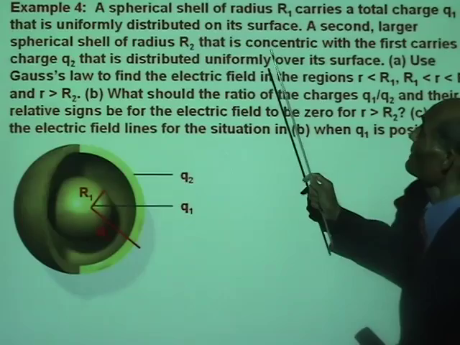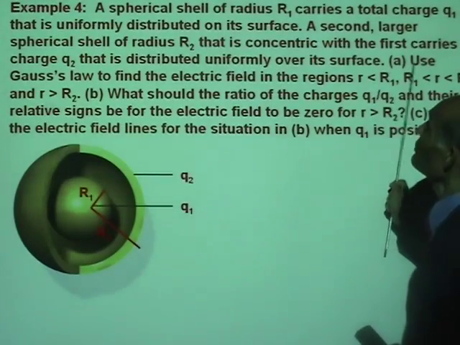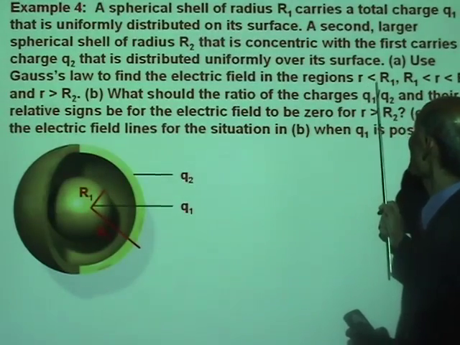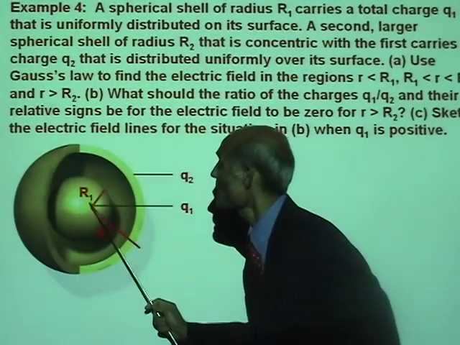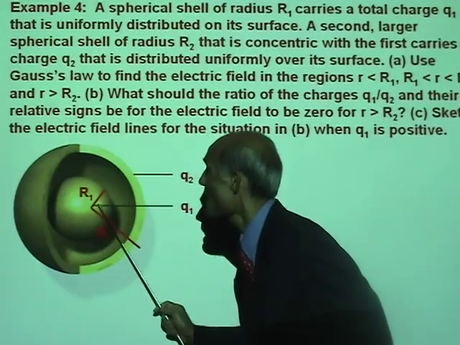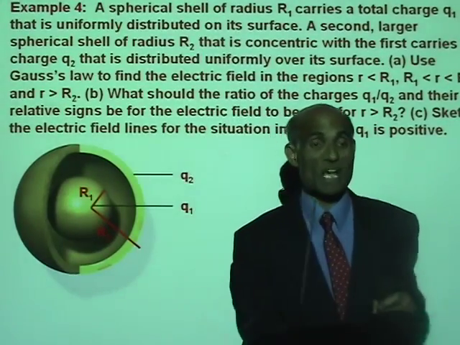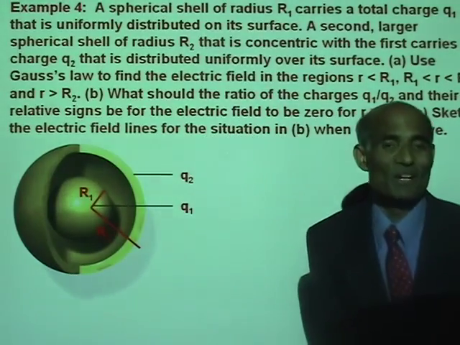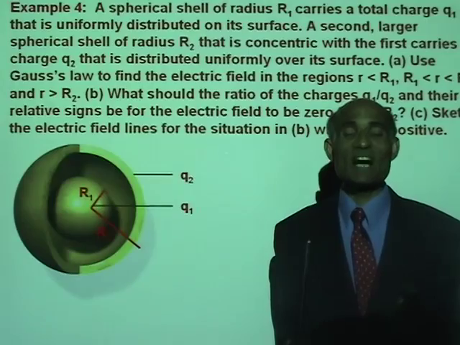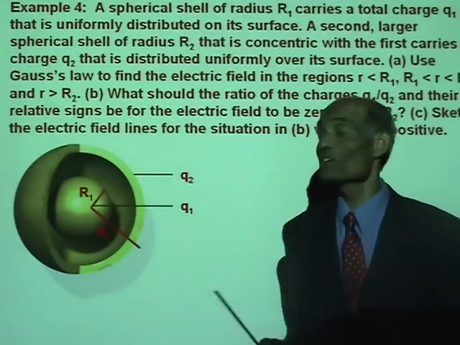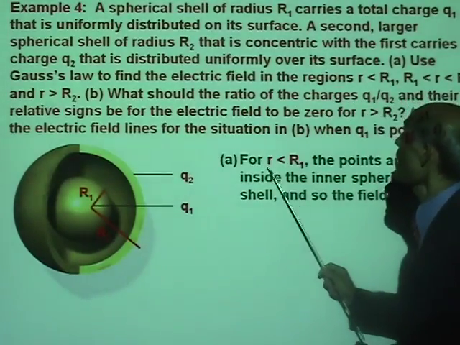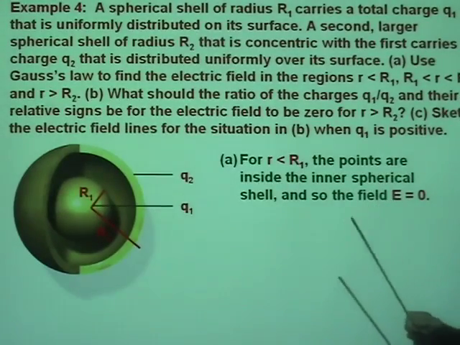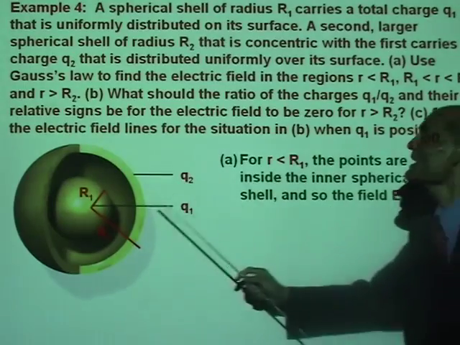Now, what do we want to find? Now, use Gauss's law to find the electric field in the region r less than R1. r less than R1 means inside the small shell. So what is the electric field inside the small shell? You can tell me immediately. Inside the small shell, the electric field is 0. Alright. For r less than R1, the points are inside the inner spherical shell, and so the field E equal